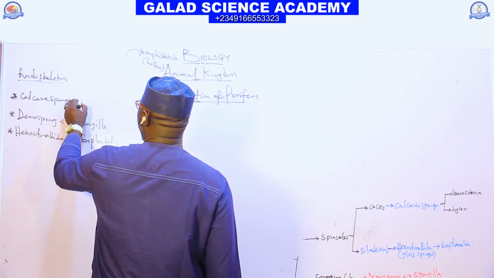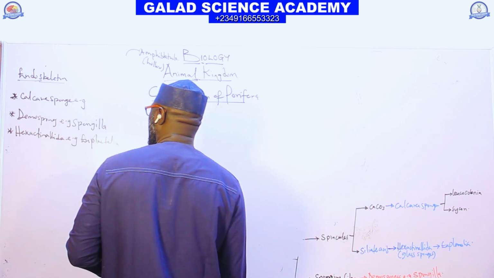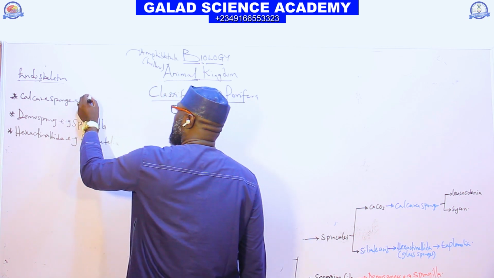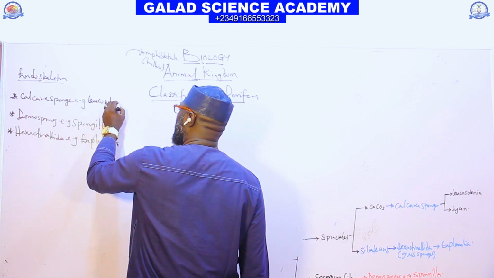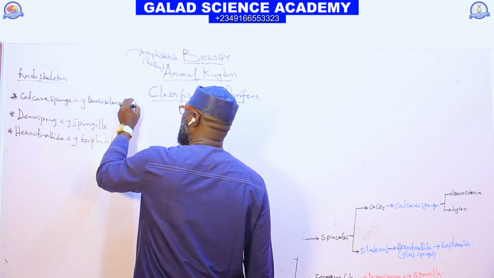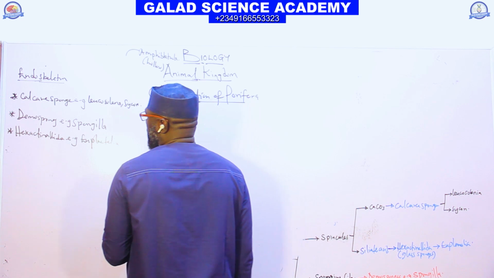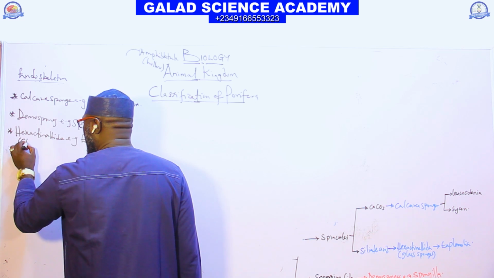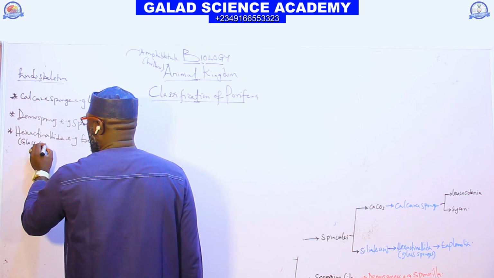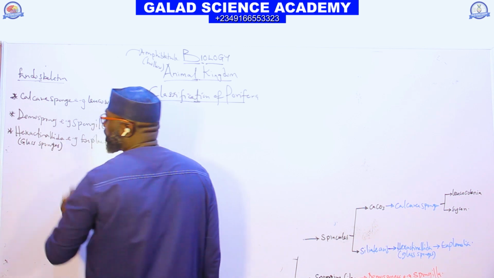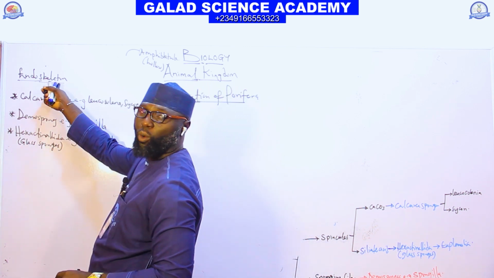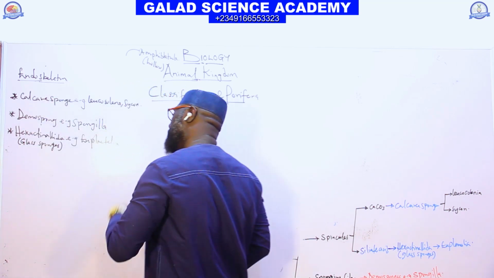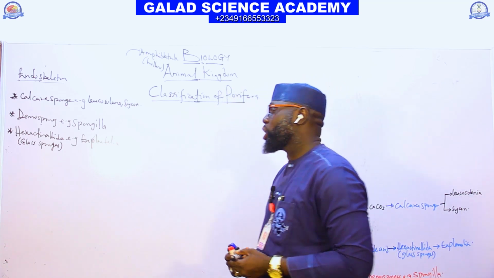An example of calcareous sponges, we have Leucosolenia, and we also have Sycon. So this demosponge, we call it the frame sponge. This one we can also call glass sponge, because it's made up of silicon. This one we can also call calcareous sponge, because it's made up of calcium carbonate. Demosponge is made up of fiber, so we can also call it frame